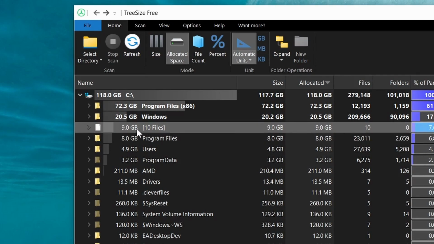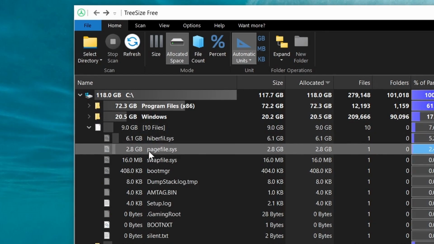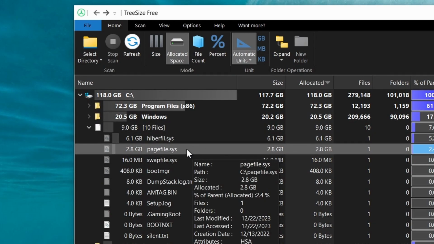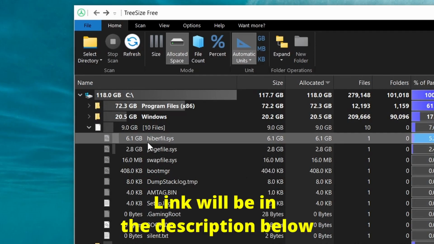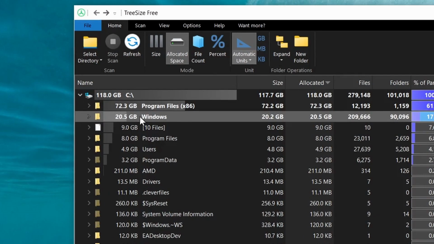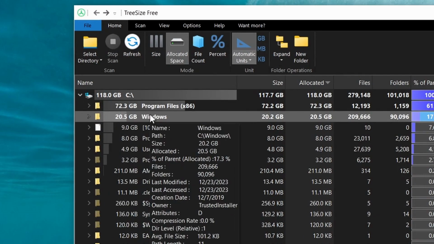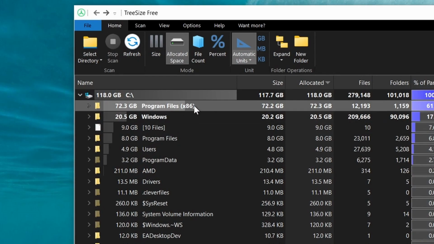Right, we have this one. You're gonna find it exactly like this on your PC if you have this setting enabled. I will make another video about these two files. The first one will be called hyperfil.sys or .sys. Here, Windows, that should be where Windows is installed on your hard disk. So I don't recommend you delete any folders or files here. And program files,